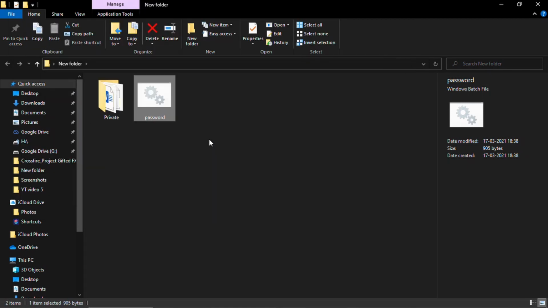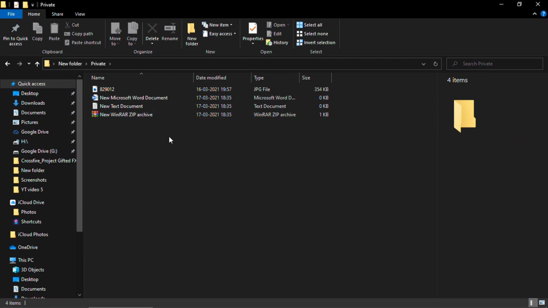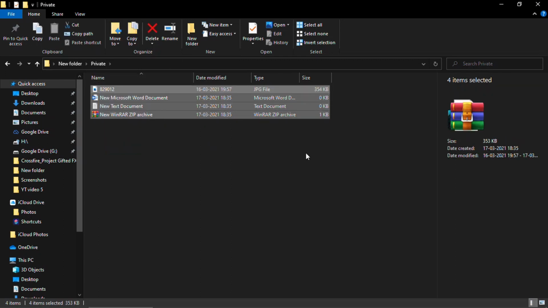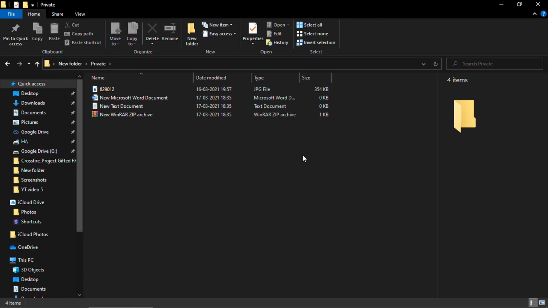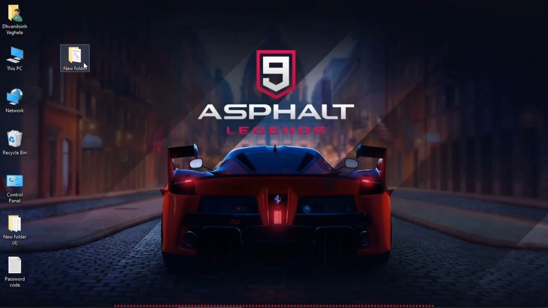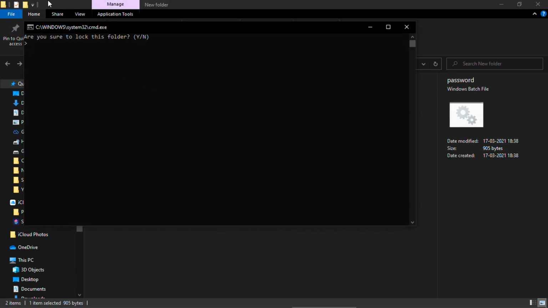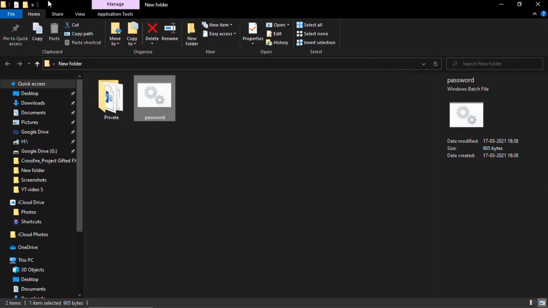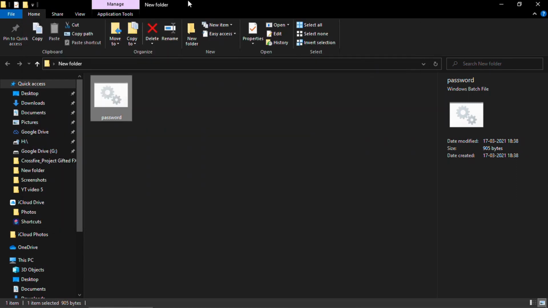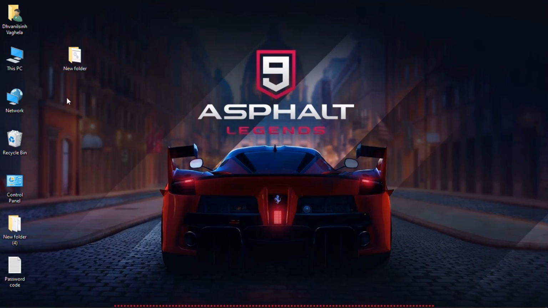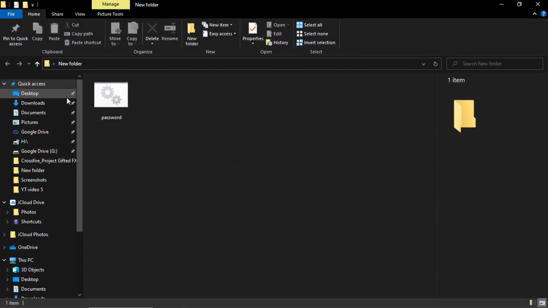As I have clicked enter, here is the folder and all the documents. They are safe as I had downloaded them and kept them in the folder. So you saw that it is free and there is no virus or anything in this process. If you again want to lock this, you can double click it and again type Y and enter. I have done this, and as you can see, the folder is locked and all your documents would be safe here. No worry for your documents.